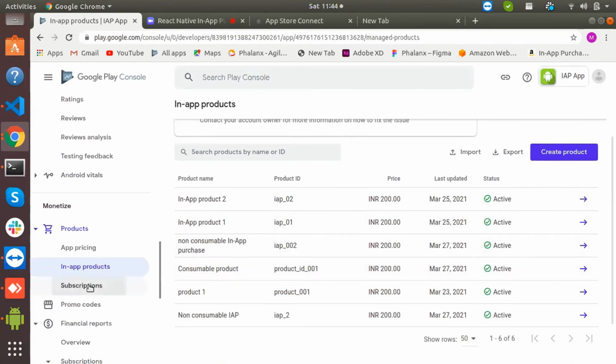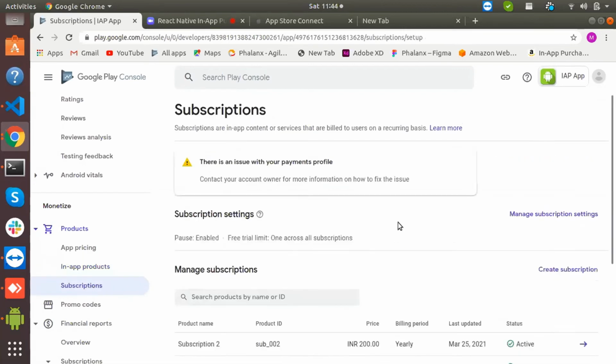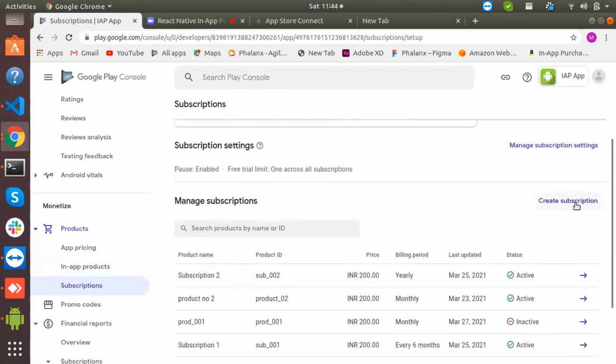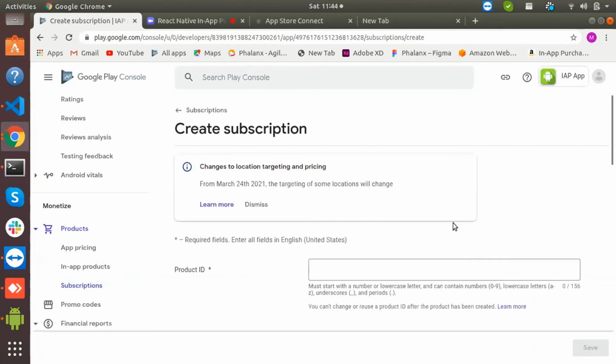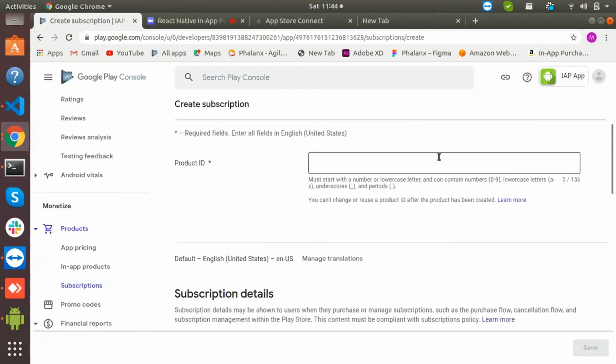Similarly, we can create the subscription as well. For a subscription, we need to choose the create subscription option. Then, same as the in-app products, we need to give a product ID for the subscription and it should be unique. So I will give subscription number 1.